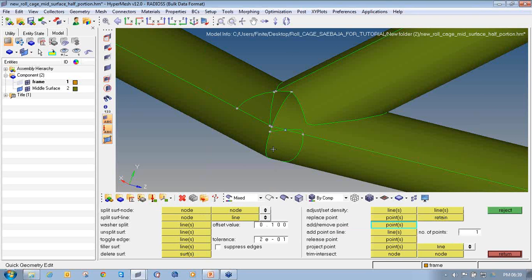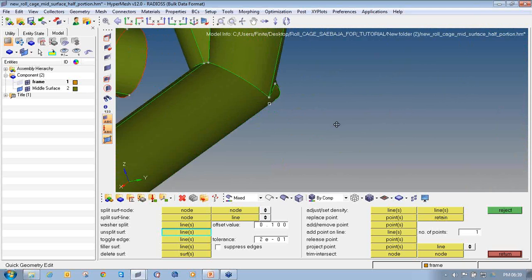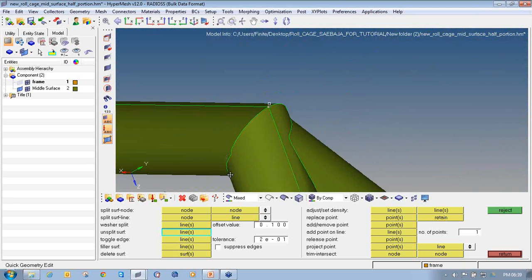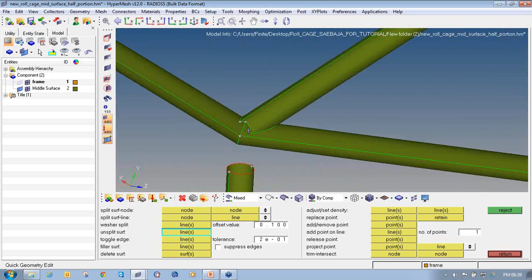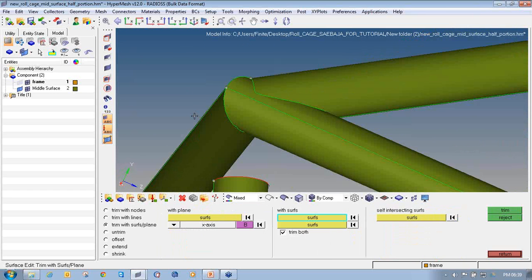Then press F11 from your keyboard and unsplit the unwanted lines on your geometry. This option will remove all the unwanted lines on your geometry. Always keep on removing the unwanted lines on your geometry so that while doing the meshing it will create a good mesh. Again press Shift F9,